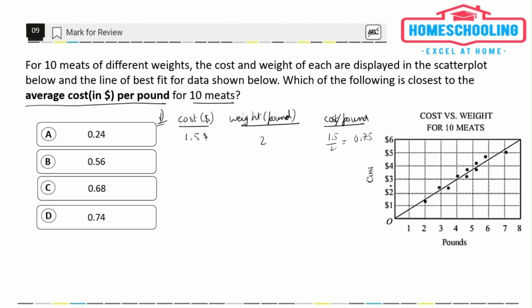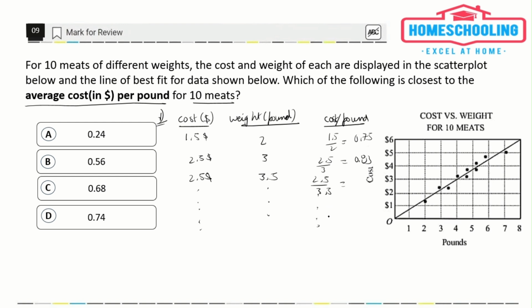Similarly, we will do for the next data point. The cost is $2.5, and the corresponding weight is almost 3. So 2.5 divided by 3 is equal to 0.83. Similarly, we will do for the third meat, where the cost is $2.5, and the weight of the meat in pounds is 3.5. So 2.5 divided by 3.5 is, so we can go on for all those 10 meats,